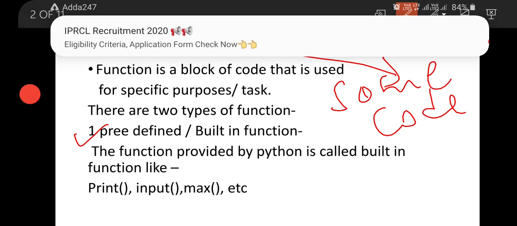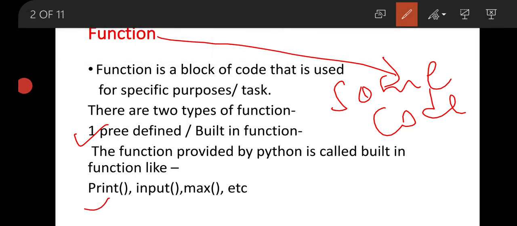For example, print is a function which is used to display output. The second one is the input function, which is used to take input from the user.